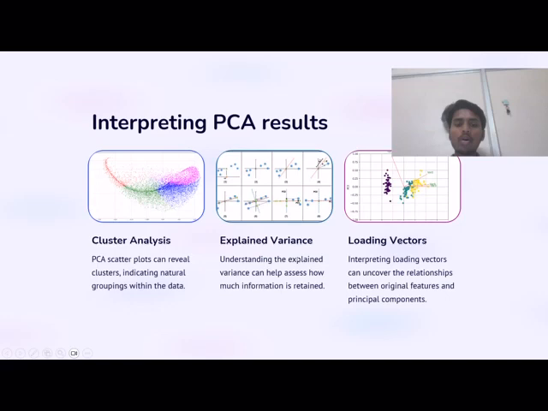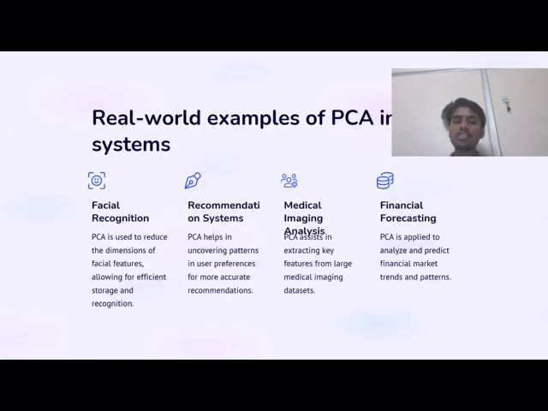Real world examples of PCA in the artificial intelligence systems are face recognition which we use in the daily life and recommendation systems and mainly medical imaging analysis and also for the financial forecasting. Briefly, in the facial recognition, PCA is used to reduce the dimensions of the facial features, allowing for the efficient storage and the recognition. As well as in the medical imaging analysis, PCA assists in extracting the key features from